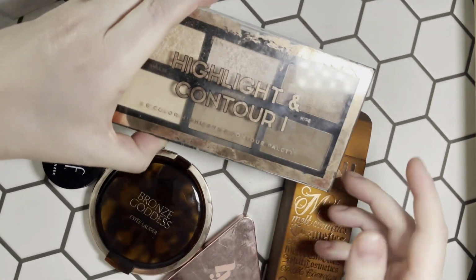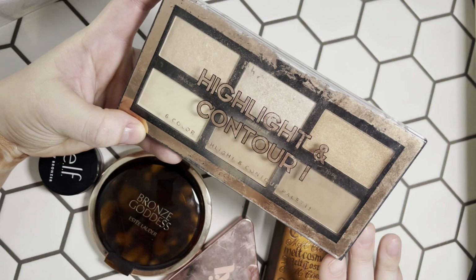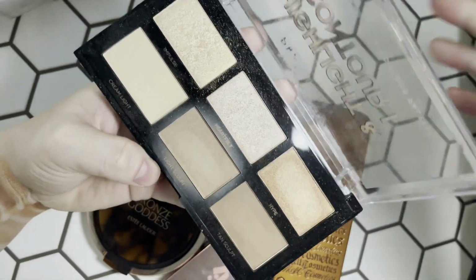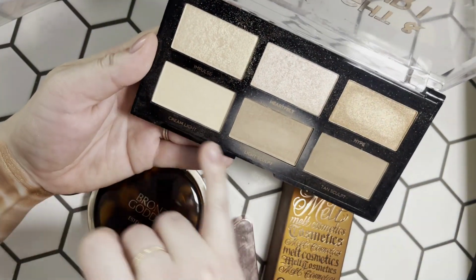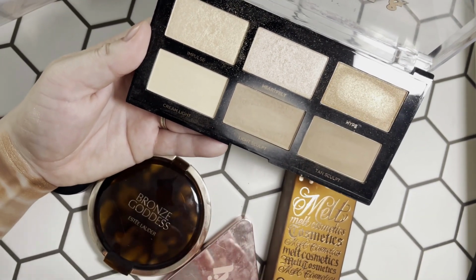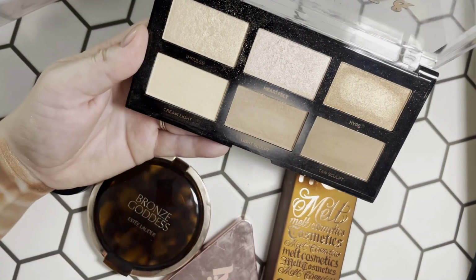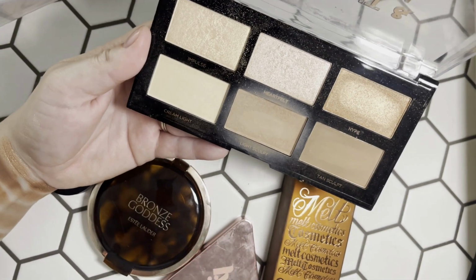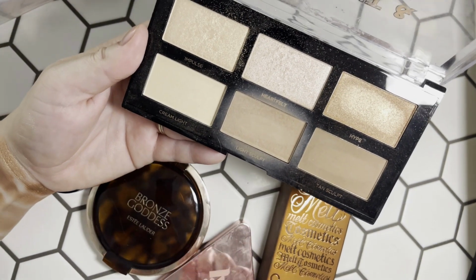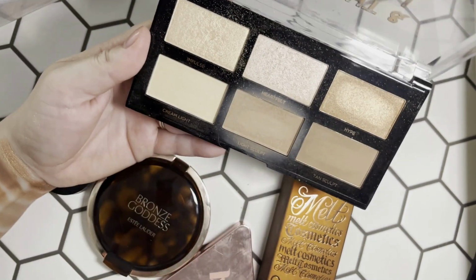All right, so another face palette. This has seen better days, but this is the Profusion Highlight and Contour Palette 1. It actually has different highlighters and different bronzers, contours, whatever you want to call it. Again, this was another one that I really liked for pretty much just this one shade and maybe these two highlighters. The other ones don't really work on my skin tone, so why would I want to keep this in my collection? But saying that, if you did like this one color, or if you liked half of it, we'll just say that,